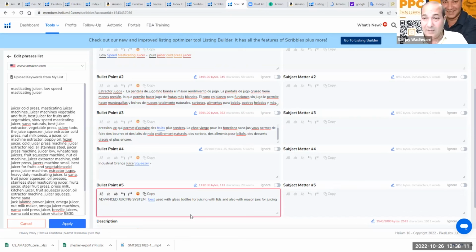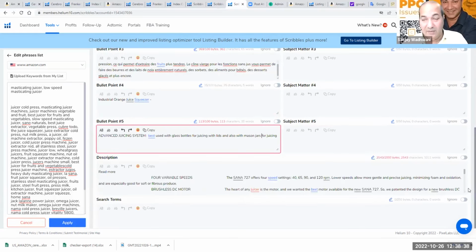As we could see, this particular listing, they're not doing any sales, and a lot of the keywords they were indexing just didn't make sense. They're indexing for, I don't know, like 400 keywords, but that was not even relevant to their product. And then while doing the enhancement, you just want to make sure to do it again. Now, in terms of search terms, what you can really do is